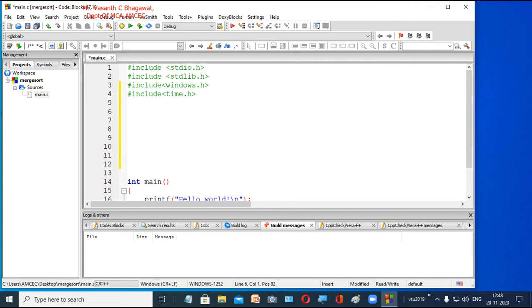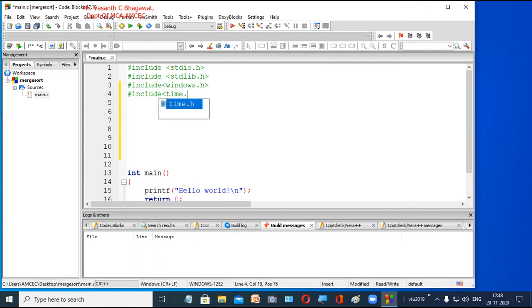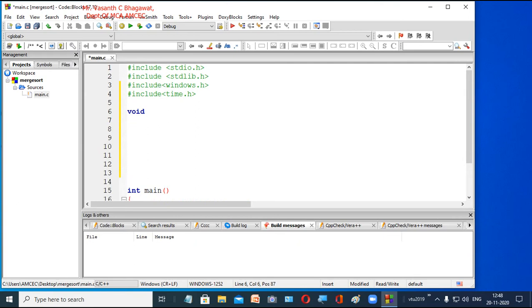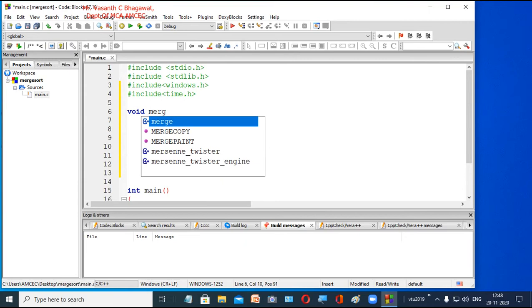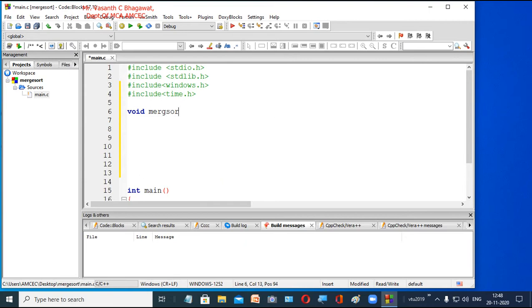Merge sort function. What this merge sort function does is it tries to divide your array into two equal parts recursively, right? Okay, so it is a sorting program, so we don't want any return type, so we type void, and we give the function name, merge sort. So what is required for us? We need an array A. As soon as you give an array, we have to talk about the size. Now what is the size here?